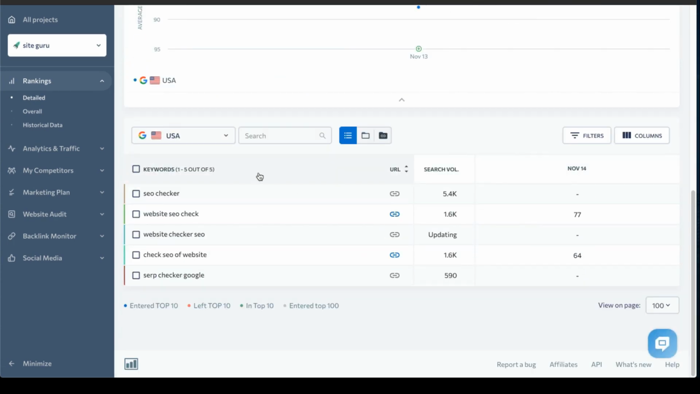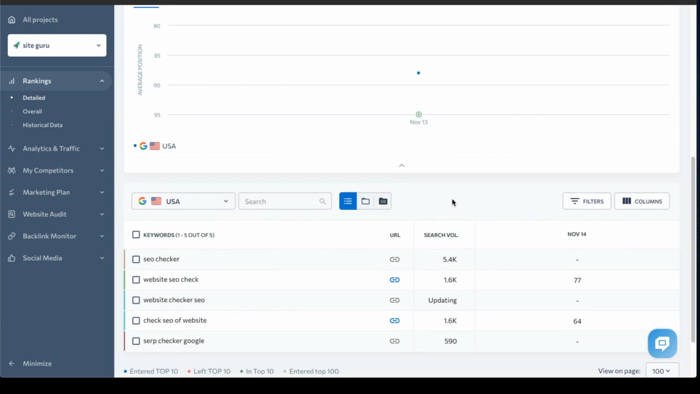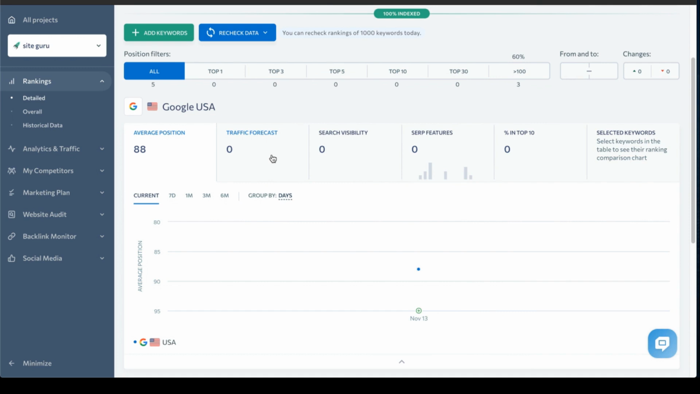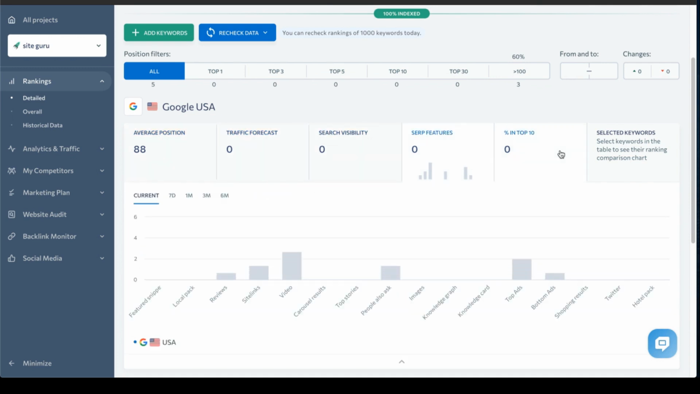Yes, they are. So you're going to see the URL of that keyword that's being ranked for, the search volume, and the current ranking. So you see November, and then every Saturday it's going to do an update, and then it's going to create a little graph here. So up and down, things like that. Traffic forecast, growth, search features,